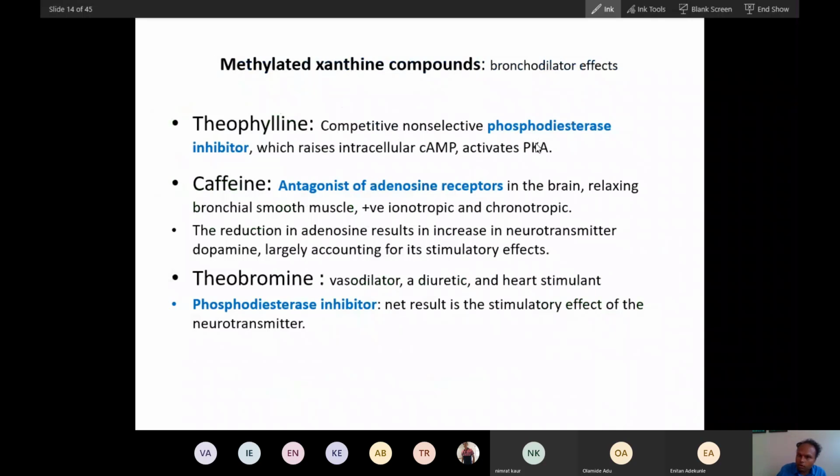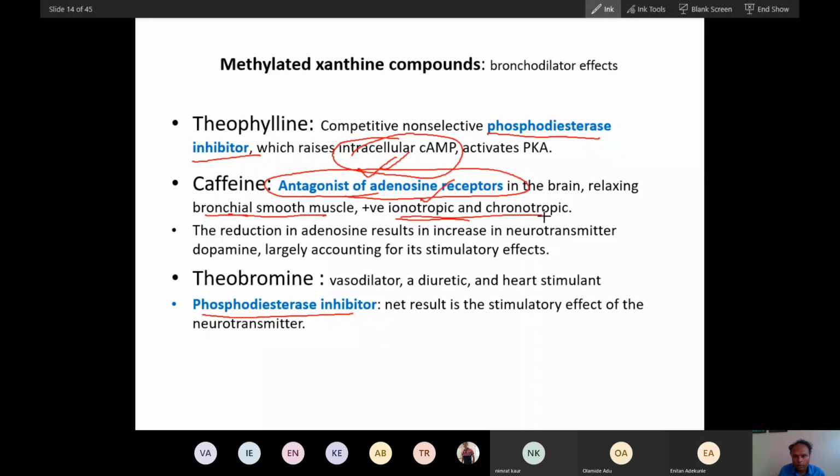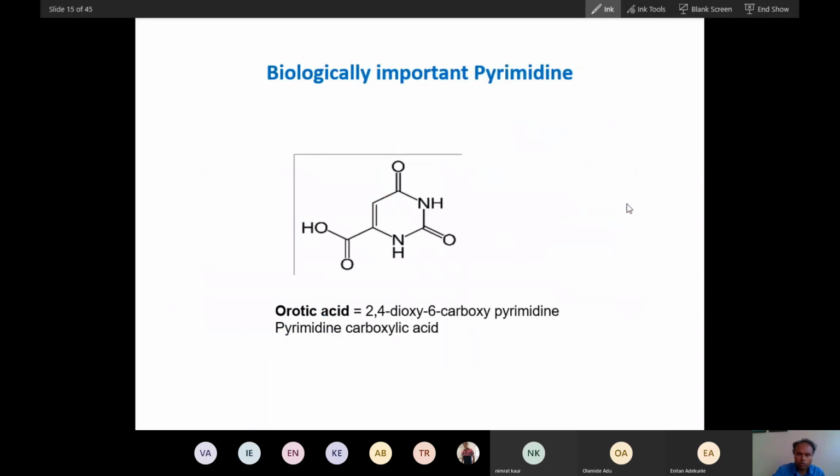So you can see this. These are phosphodiesterase inhibitors. They inhibit the phosphodiesterase enzyme, thereby increasing intracellular cAMP. This is very important. Remember this. And caffeine has one more additional effect, that caffeine will also stimulate the adenosine receptor. These are part of pharmacology. It is better to remember a little bit about this. So the phosphodiesterase enzyme and adenosine receptor. Remember all these things. So they will stimulate the heart also: smooth muscle, bronchial smooth muscle, and heart muscle, inotropic and chronotropic effects on the heart, cardiac muscle also.